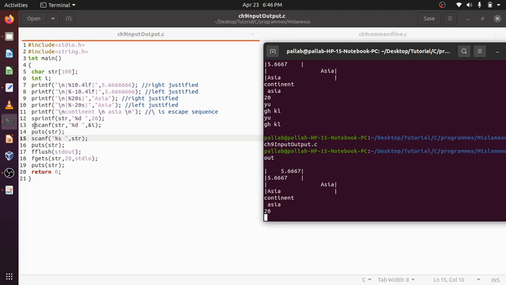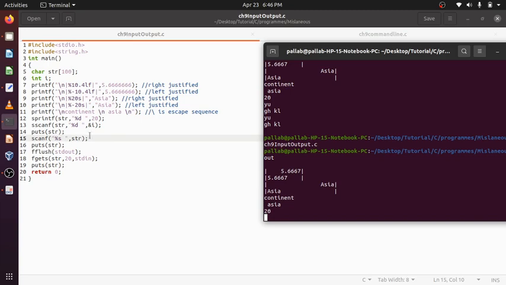Now if I do scanf, what will happen? Scanf %d i. From the input I have to give the input, but if I write sscanf with a string here, input will be taken from this string, and puts means output 20.